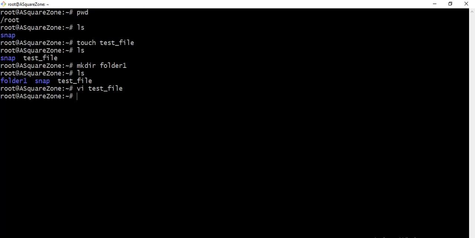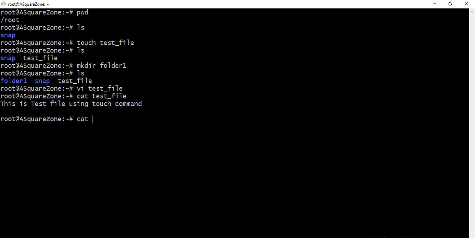Now we will see the text in view mode. For this we can use the cat command followed by the file name, cat test_file. We can see the text which we have entered earlier. This is test file using touch command. We can create a file using the cat command as well.